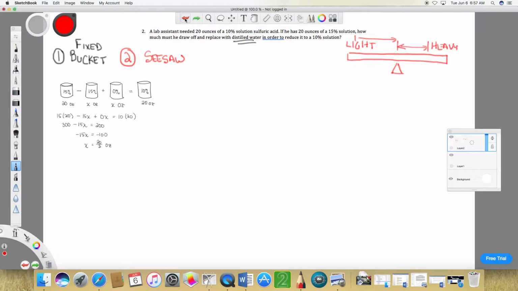That's the underlying idea. And both of these methods rely on the fact that you realize that